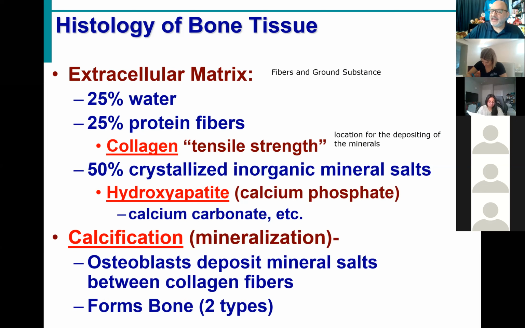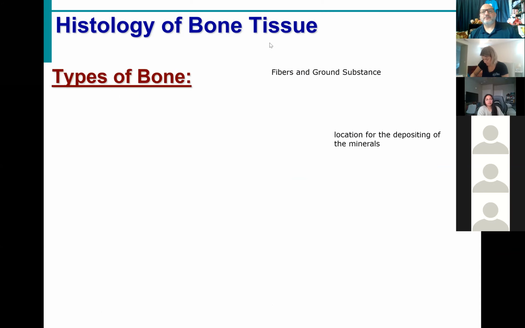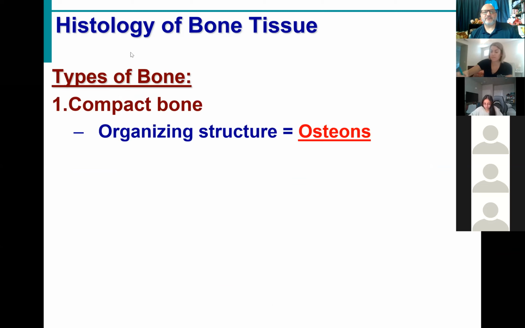Now, as we also talked about in the previous section, there are actually two specific types of bone connective tissue. Anybody remember what those two specific types were? Spongy bone. And? Compact. Compact, excellent. Absolutely, that is correct. We have spongy bone and compact bone. So two specific types. Compact bone is the most common,